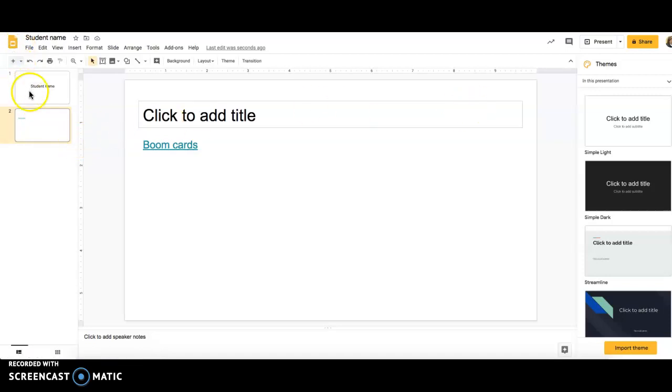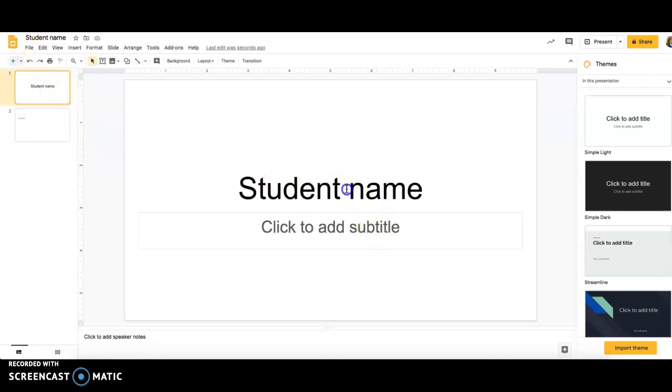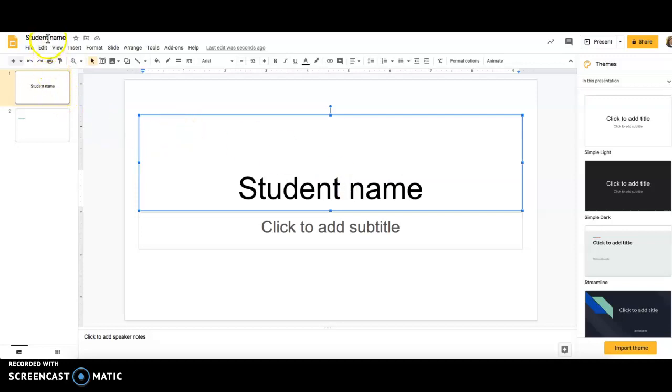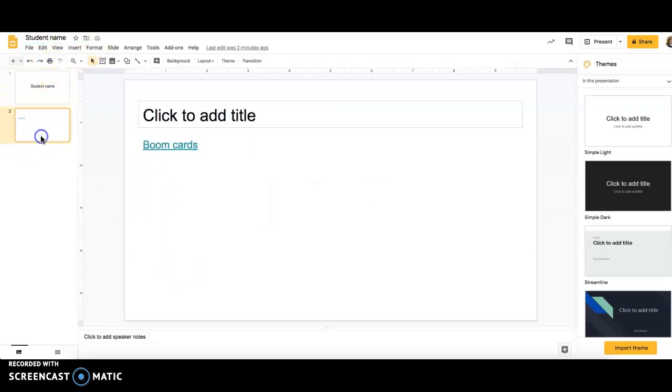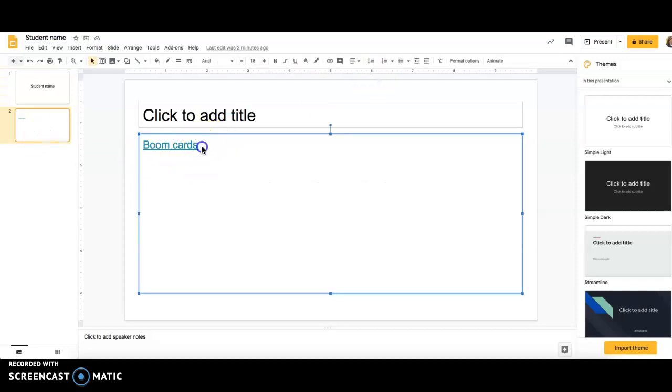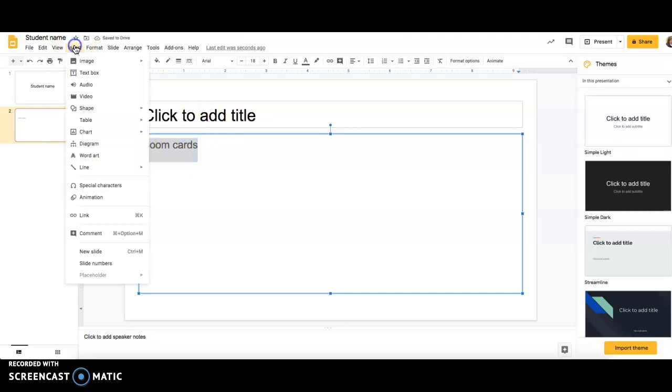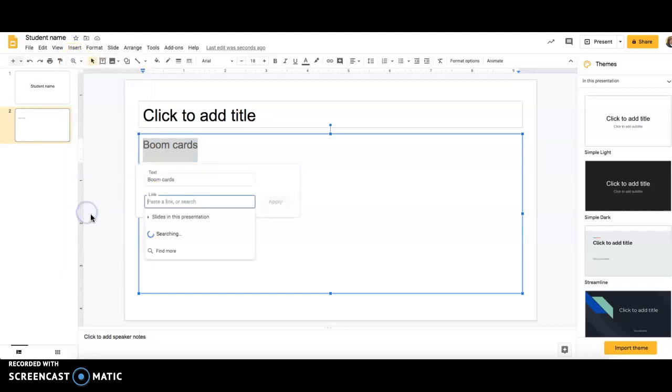Alright, I clicked on blank slide and typed in student name or character. Whatever you type up here will go here. That's how you find it in your drive. That's how it's named. This is how you type in their links. Like if you want them to go to Boom Cards, type in Boom Cards, highlight it, insert link, and then